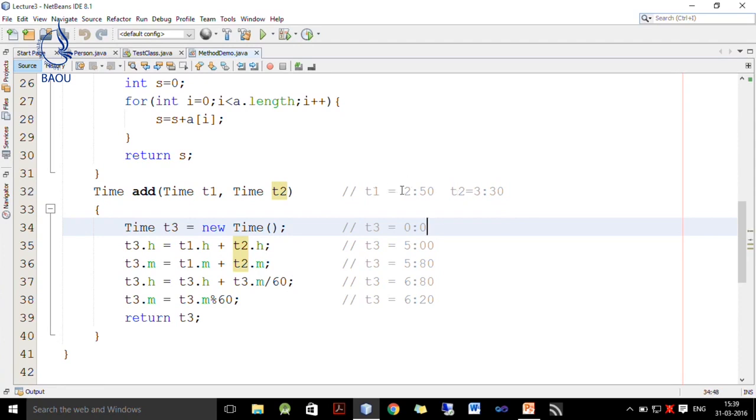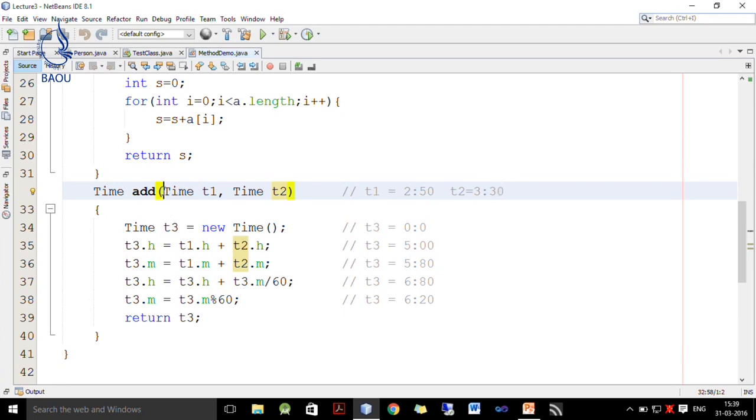Now, I want to add these two times. So, the answer may be 6:20, that you can calculate yourself, because 50 plus 30 results in 80, but 80 minutes is 1 hour and 20 minutes. So, 2 plus 3 is 5, plus 1 hour and 20 minutes. So, we can say 6 hours and 20 minutes.